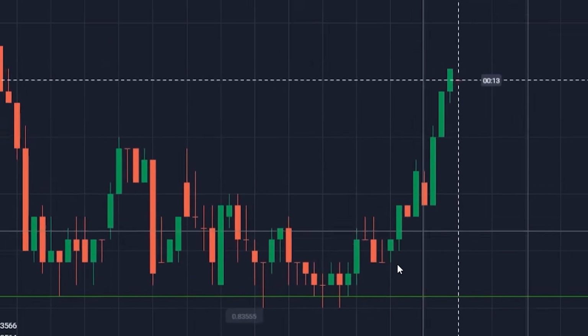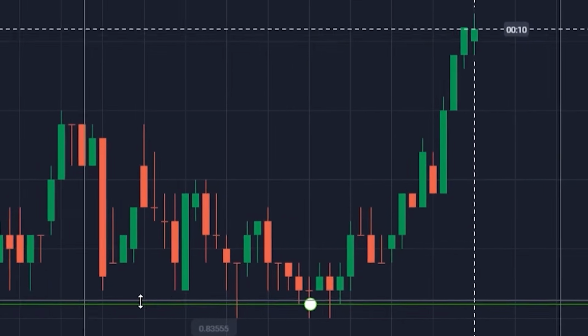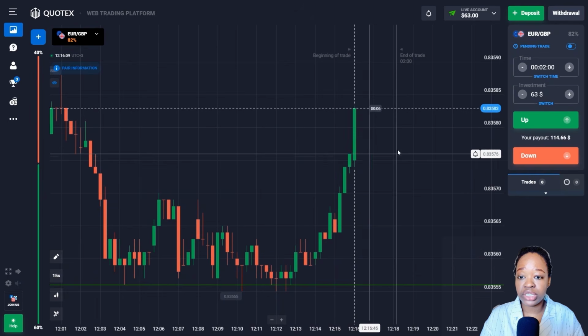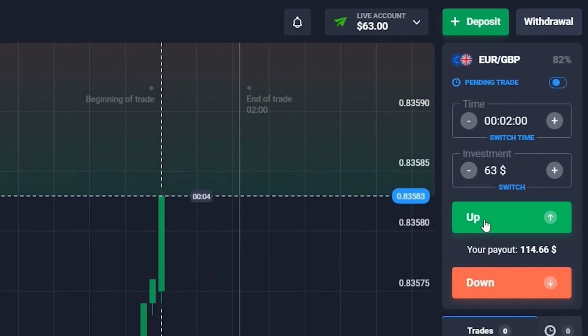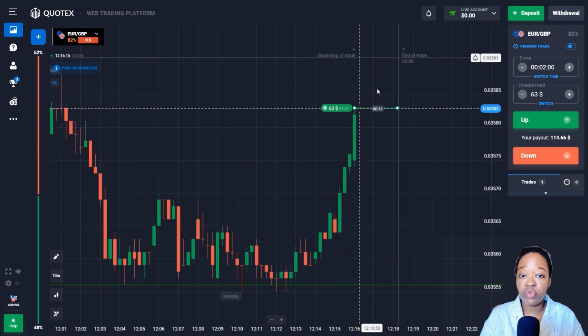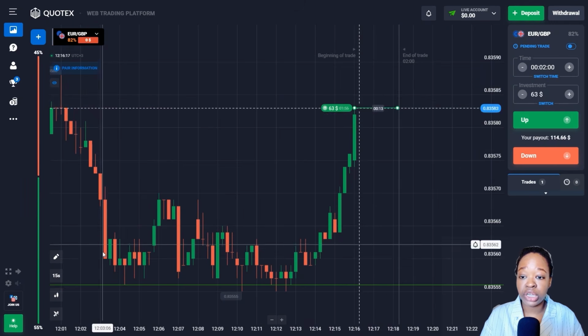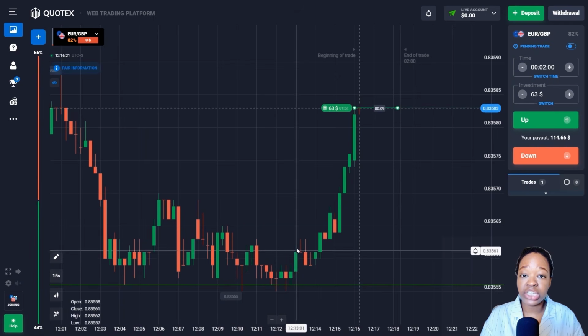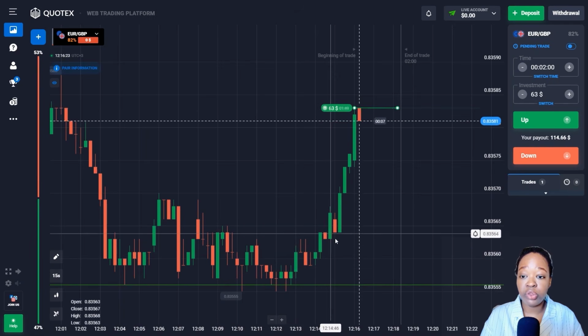Let me get started. So here below you can see we have the support level and the price jumps from this level. In this situation, I'm going to open a trade for an increase as I think the price will continue to move up. And as you can see near this level, the price has already moved for a long time in the trade. But now you can see that the price impulsively moves up and a large number of candlesticks have appeared on the chart.